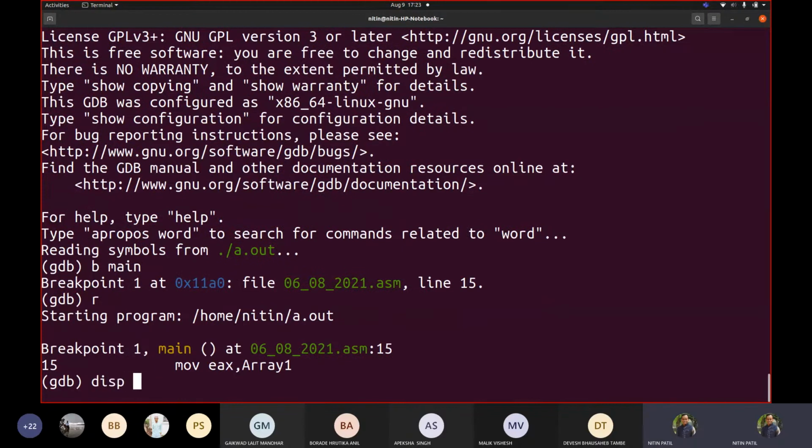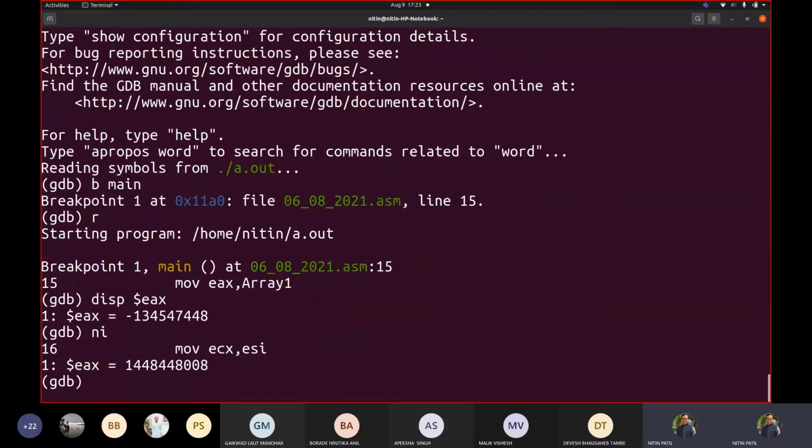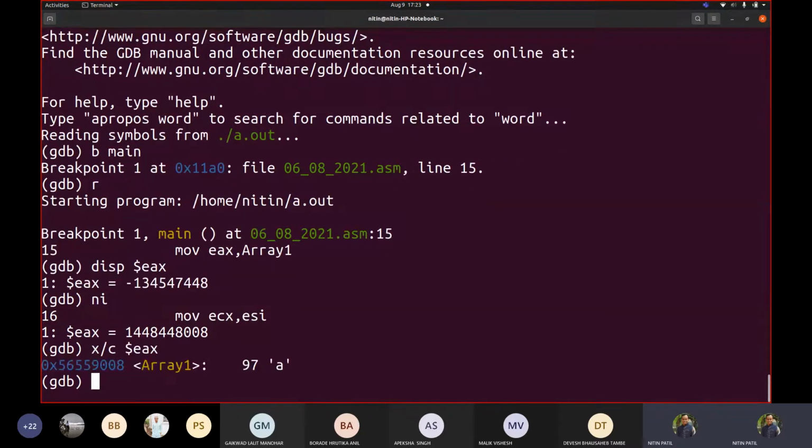Now let me display $ex1. Right. Now if I say next instruction, you will see that it is showing us some address. Okay. So if I try to see what is the value at that address, I'm using /c because I want to display it as a character. So if I write here $ex, this is the first character that we have with that address. So whatever address we got with array 1, this address binding was done.